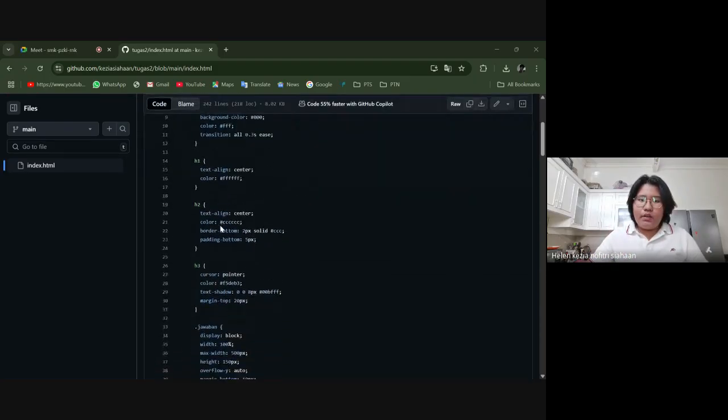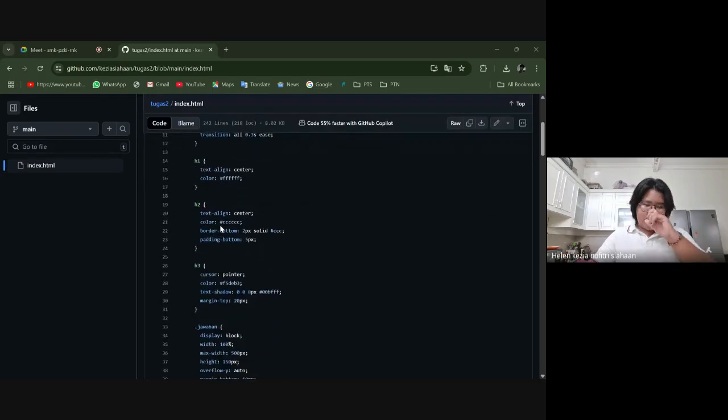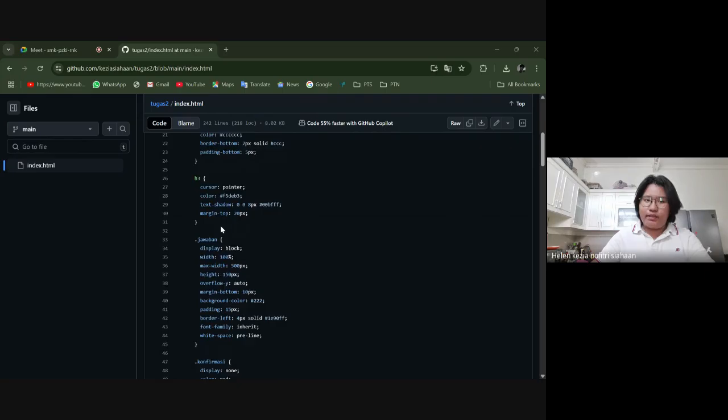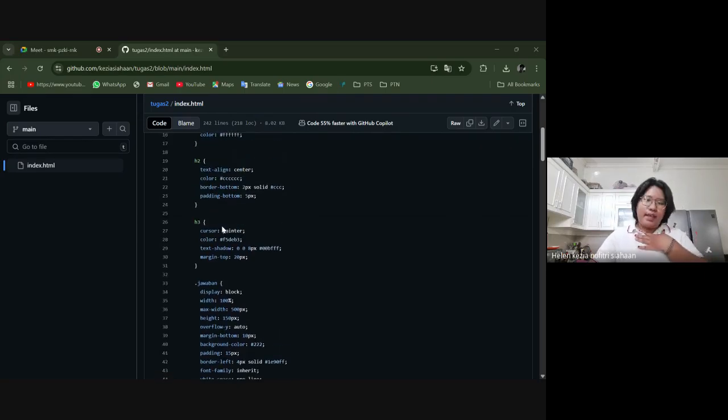For the H1, which is the title, I'm using text align center, the color is white, and the H2 is my name and my NEM. The text align is still center, the color is white, then the border bottom is 2 pixel solid CCC. If I'm not wrong, CCC is cream, but we can see the real thing when we open up the page, okay?